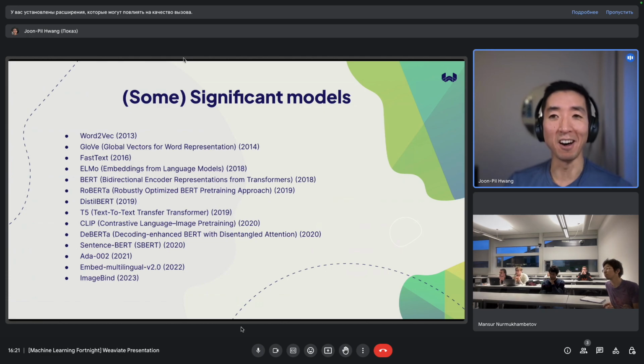Obviously this is not even close to being a comprehensive list of vectorizer models. Some are quite old, but I thought I'd give you a flavor of some of these models to show you that this has been going on for a while and there's a big wide world of models out there.